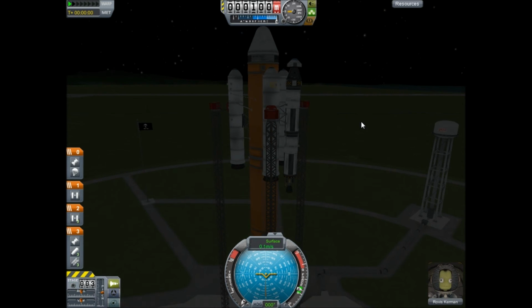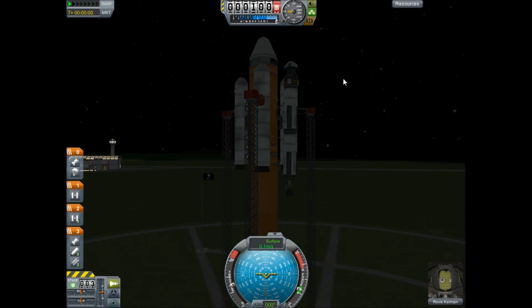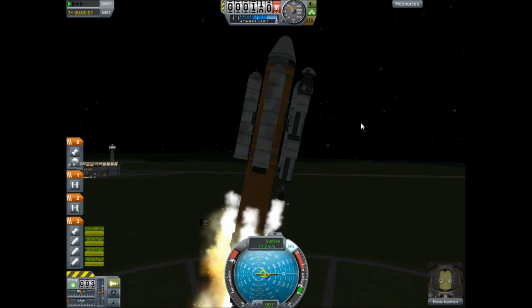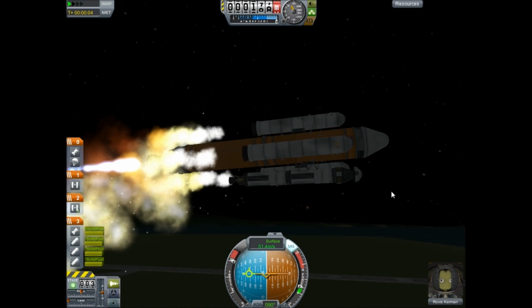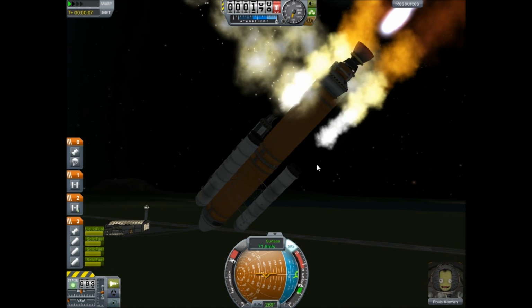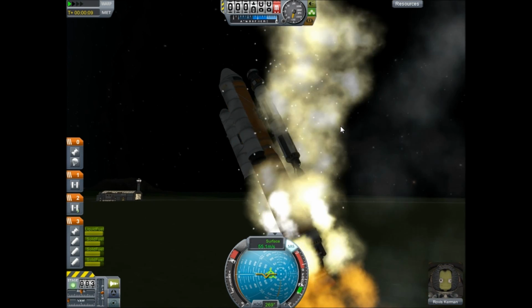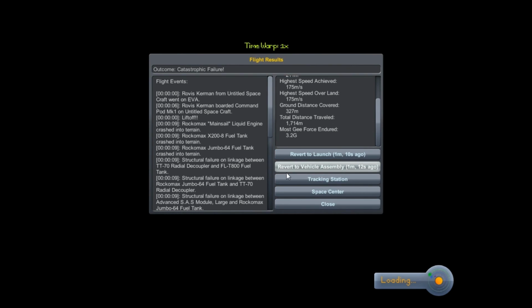Okay. Want to watch me epically fail? Full thrusters. SAS. Activated. Launch. Now, you see what I mean? This is what can happen. Aww. I have the sound turned off, so...